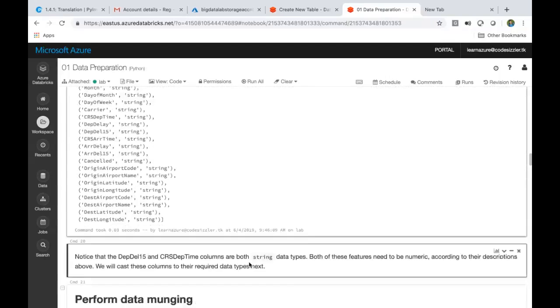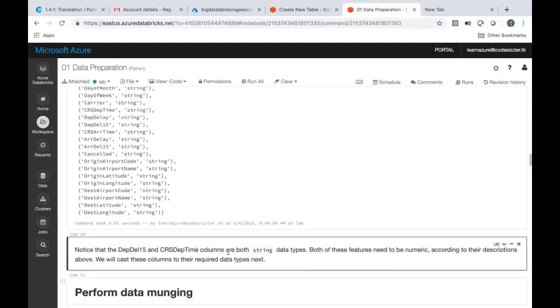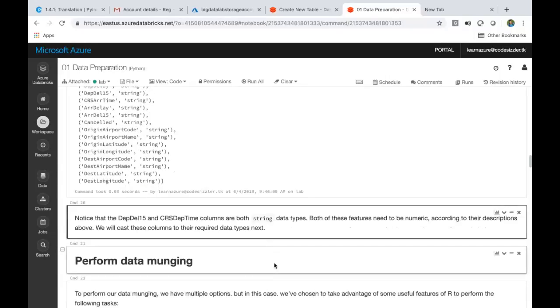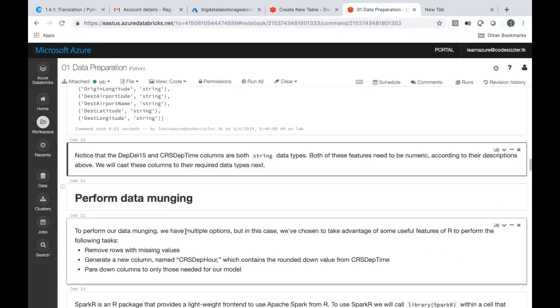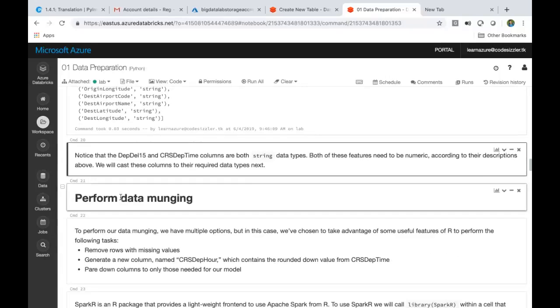If you observe this, notice that departure 15 and CRS are columns which are very, very important for us, and they are string formatted. So both of these need to be numeric formatted. The third thing is creating numeric formats. We'll not do this one by one; we'll create all at one shot. That's what we generally do in the data preparation stage. We don't find out everything and fix it at that point of time. We first understand everything, and at the last we create one function which will do all these things. That's the intention of doing this. Data munging is more about having multiple options, so we call it data munging here.